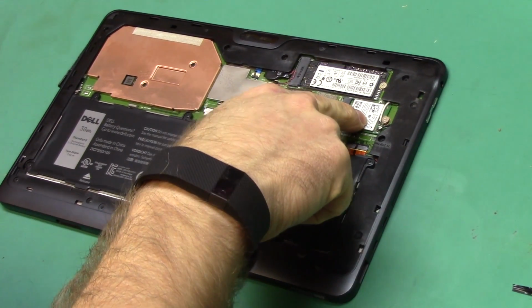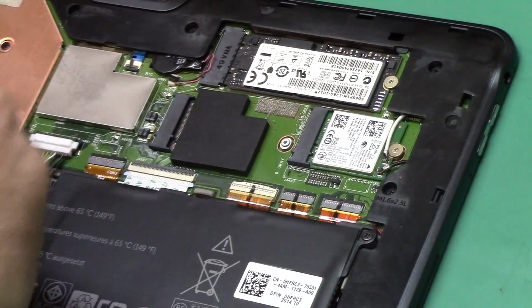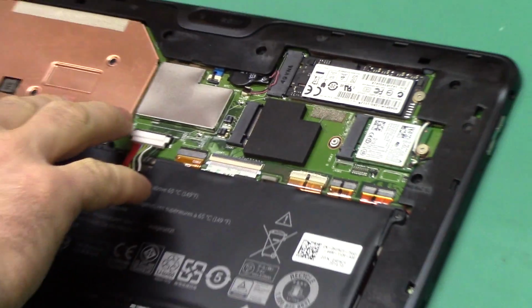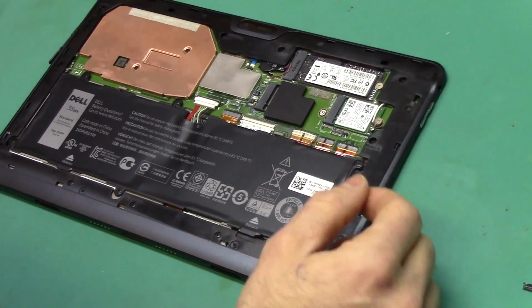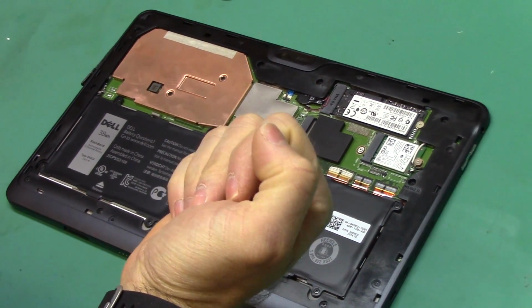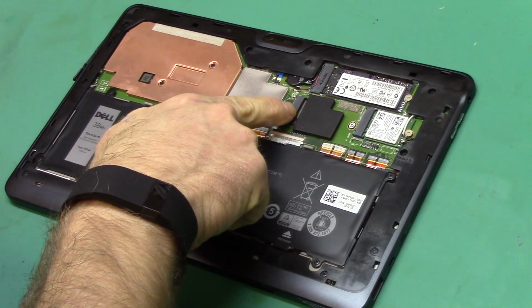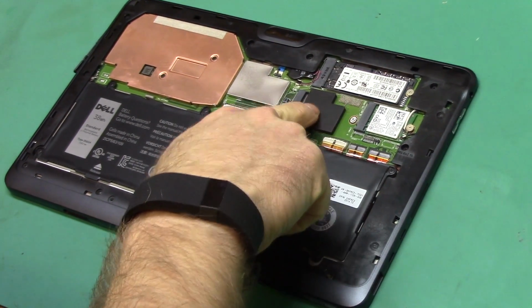Here's your wireless card. Here's your M.2 SSD. And here's your giant copper heatsink with the CPU underneath of it. There were options listed for mobile broadband cards, but again, none of my configurations included any of them. I'm assuming these slots have something to do with it, because here's a screw standoff and this is just a